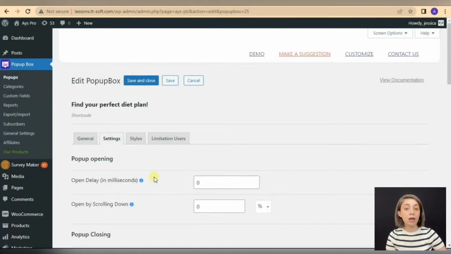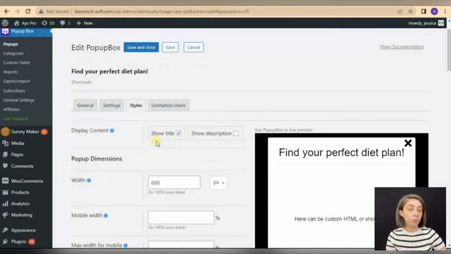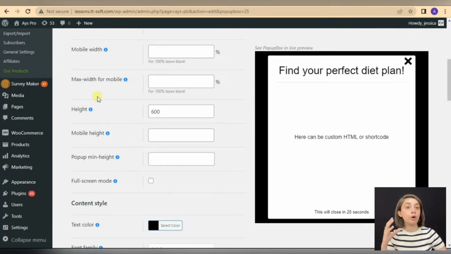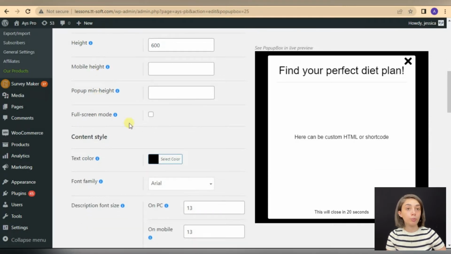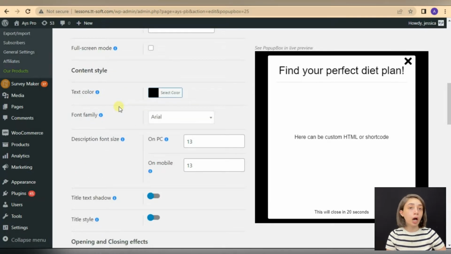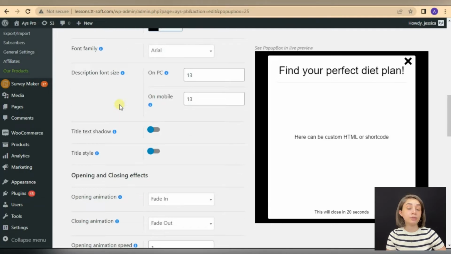And here in the styles, you can choose which content you want to display, whether you want to show title, you want to show description, and you can configure your pop-up's dimensions, which is again very important. And Popup Box also offers dimensions for mobile, so you can make mobile-friendly pop-ups, which is again very important. And you can choose the content style from font colors to font sizing and font family of the text. So there is a very detailed